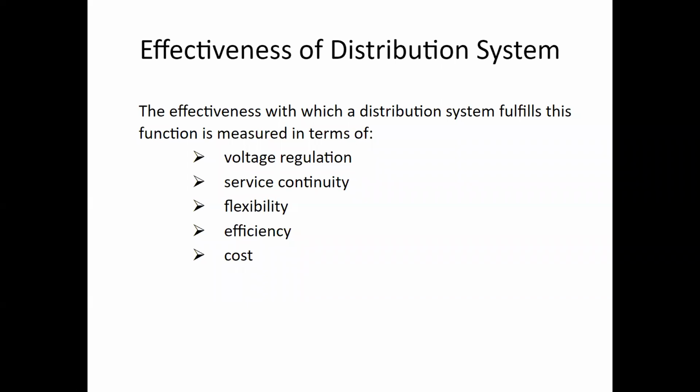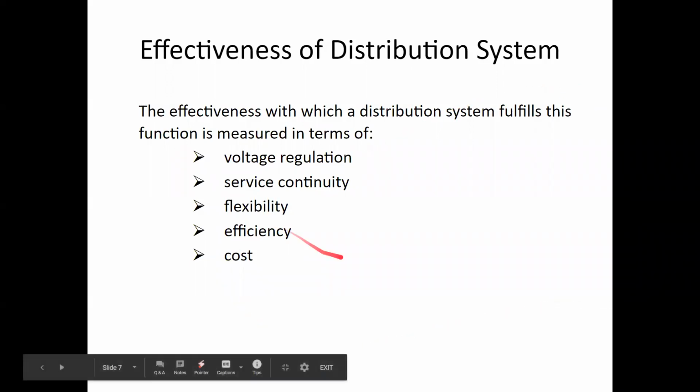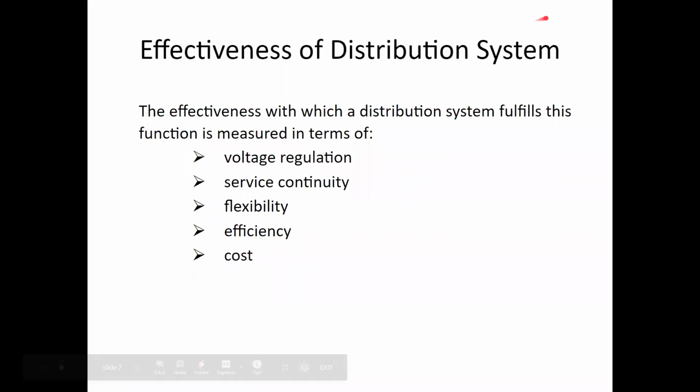So the effectiveness of a distribution system is measured in terms of cost, efficiency, flexibility, service continuity, and voltage regulation. So this is all about